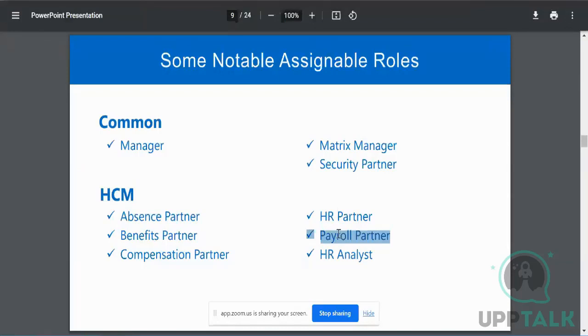Usually payroll folks are from the finance teams, and it is only prudent to have it at the cost center level. But again, it purely depends on your implementation, because some organizations may have a really strong implementation and design methodology by which they want only folks in the finance department to be a payroll partner. It purely depends, but it is recommended to have it at a cost center level rather than at a location or a supervisory level. All right, next,